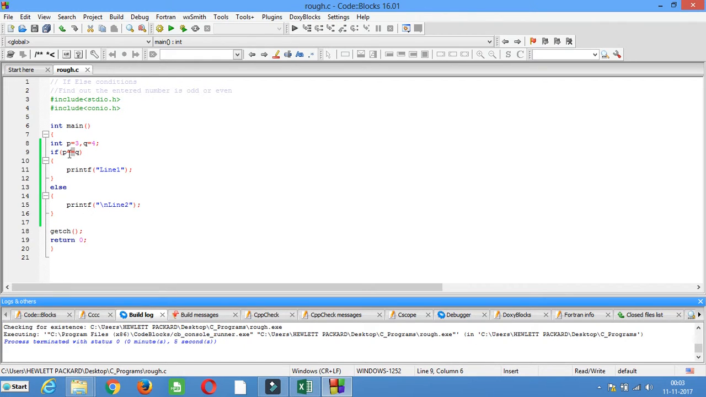So here I have used this relational operator equal to. I can use other relational operators as well. So let me explain you how to use those. Let's say you want to compare whether p is less than q. So what you can do, you can use less than. So p is 3, q is 4, p is less than q means this expression is pass, so line 1 will be printed,